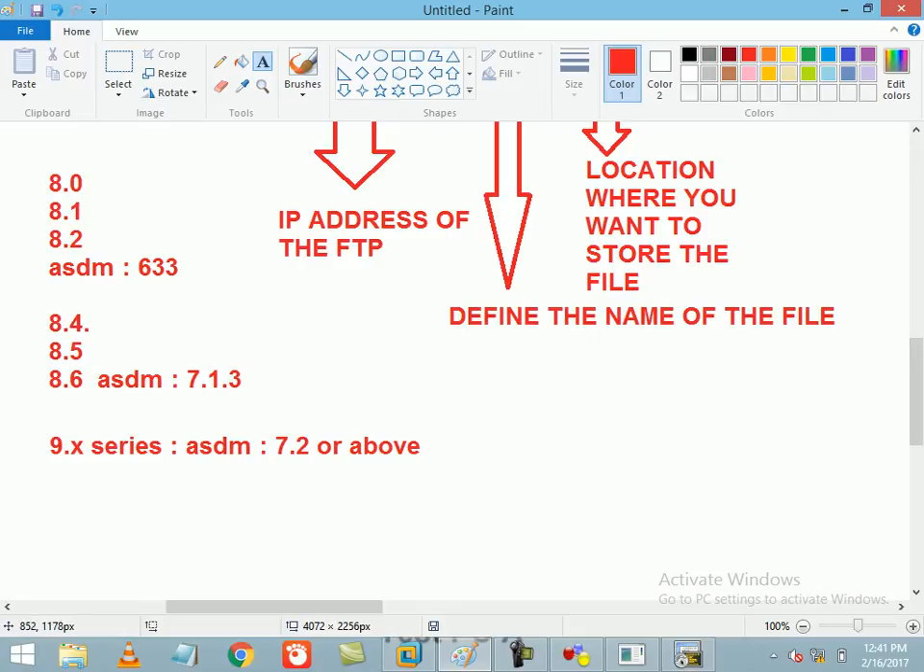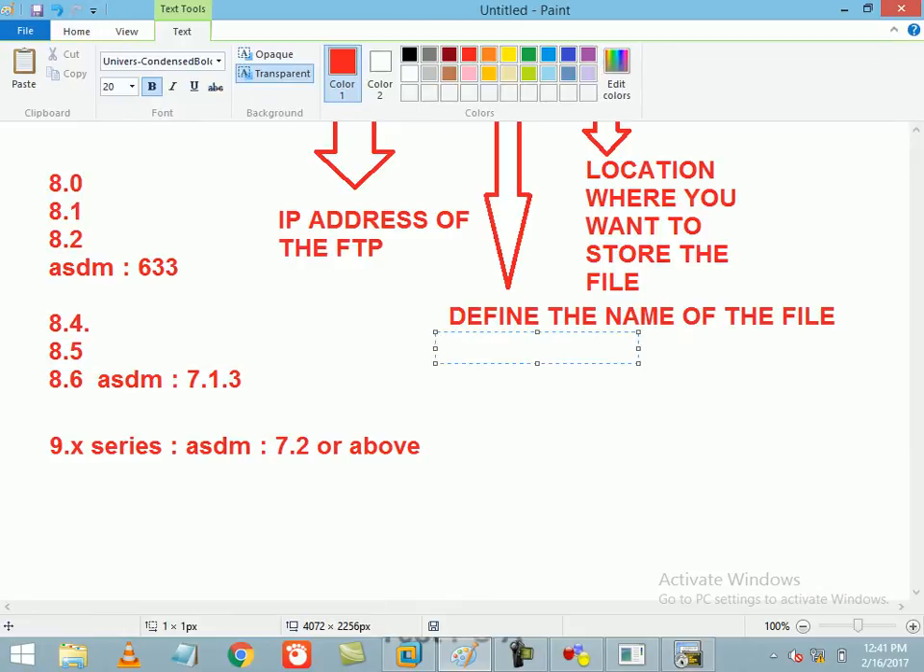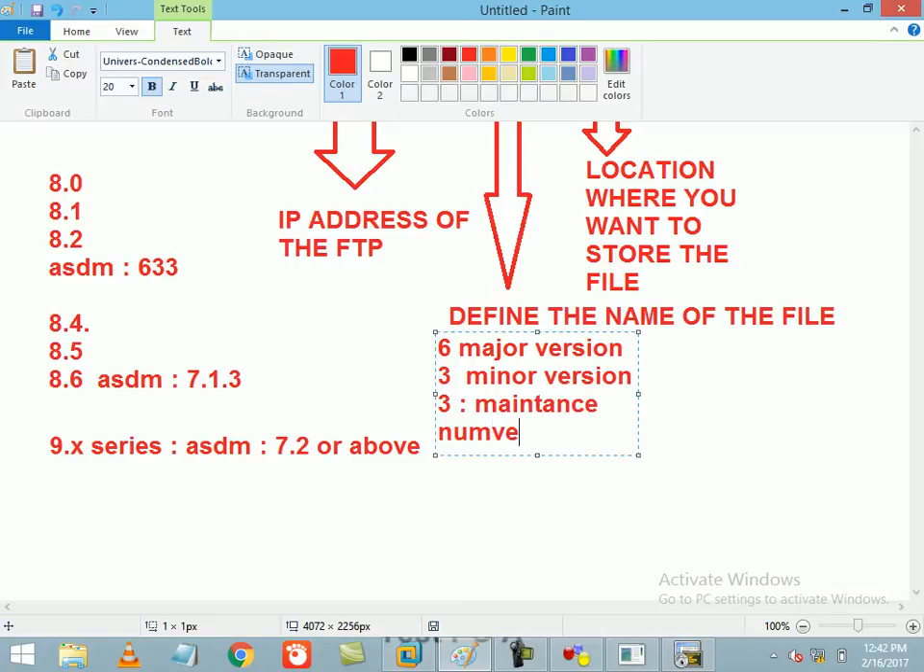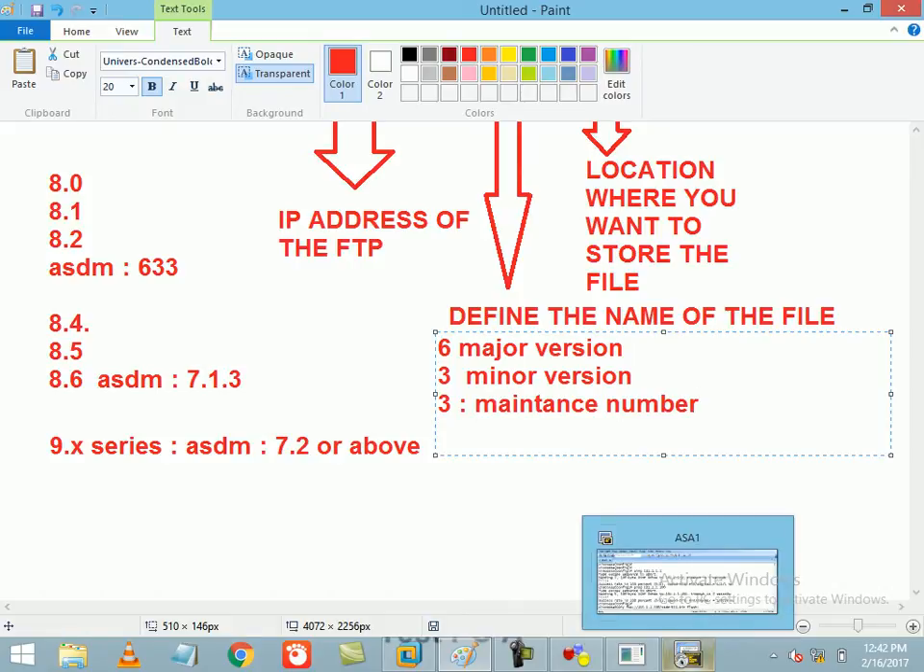Now this is what? 633. So let me tell you something. 6 is my major version. The first 3 is my minor version. And the last 3 is my maintenance number. Let me tell you something. For example, if I'm talking about this IOS image,